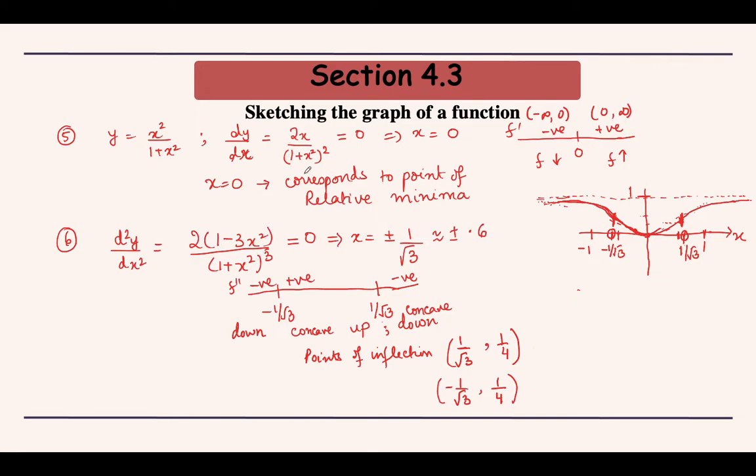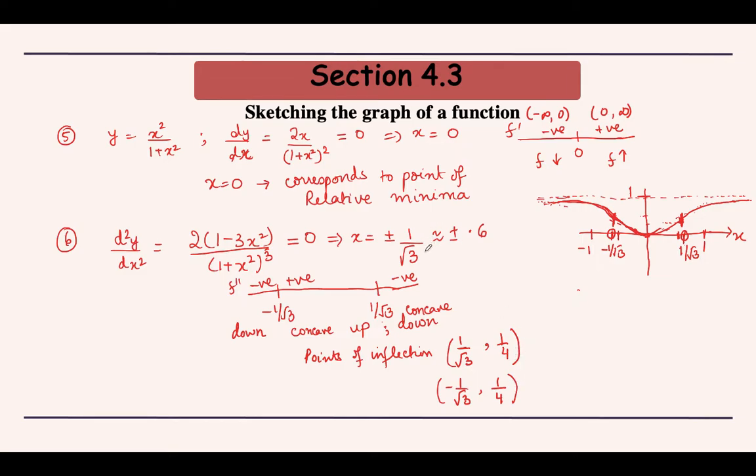When we differentiate this again, we'll again have to apply quotient rule, and this will be the expression for the second derivative for the given y. When we equate this to 0, we get value of x as plus or minus 1 by root 3, which is approximately plus or minus 0.6. So we just roughly want to get an idea where this point is located. You can take any approximation to 1 digit or 2 digits of decimal. So when we use this value of x, we get these 2 points, or these are the y coordinates.